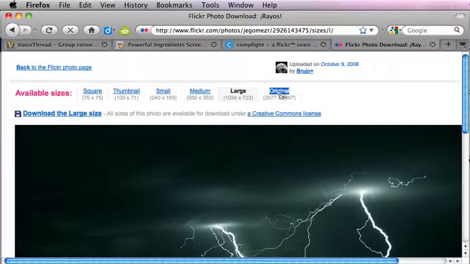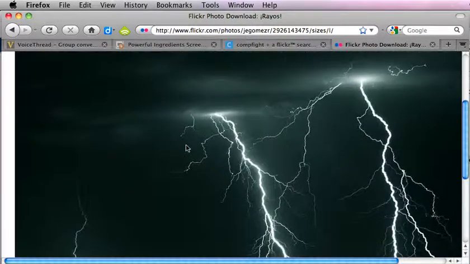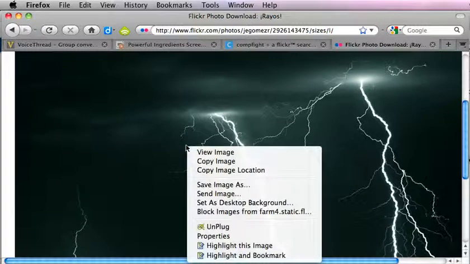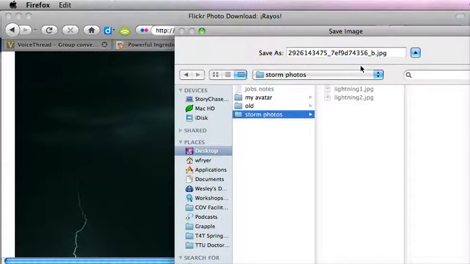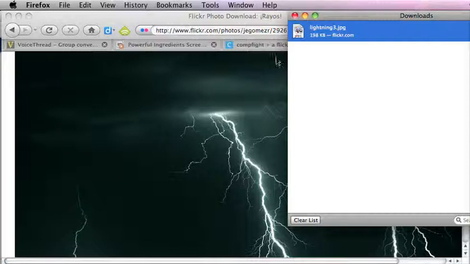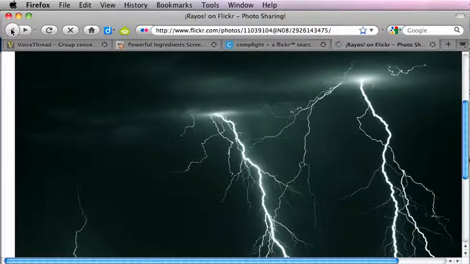I'm probably not going to need the original version, which is over 2,000 pixels. This version is going to be plenty big, and to save this image I'm going to right click, or on my Mac hold down Control, and say Save Image As. I'm going to put that on the desktop in a folder that I've already started called Storm Photos, and you can see I've already saved a couple pictures. I will call this one Lightning 3, and I'll save it, and that's going to be my third image for my project. The last thing I'm going to want to do is copy the address at